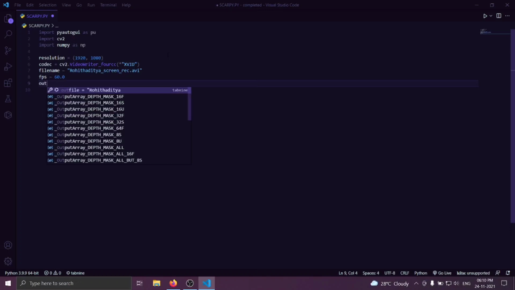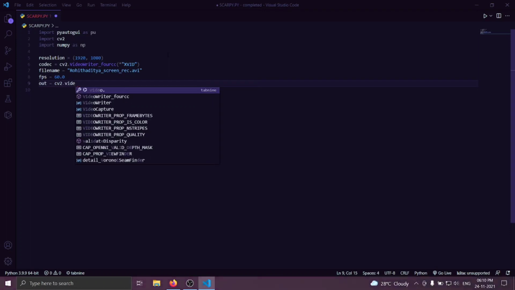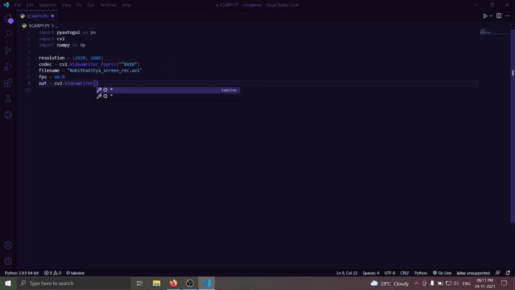a video writer object. So just open out as a variable, and then in out just create cv2.VideoWriter. Now these four variables need to be aligned properly to the video writer's parameters.